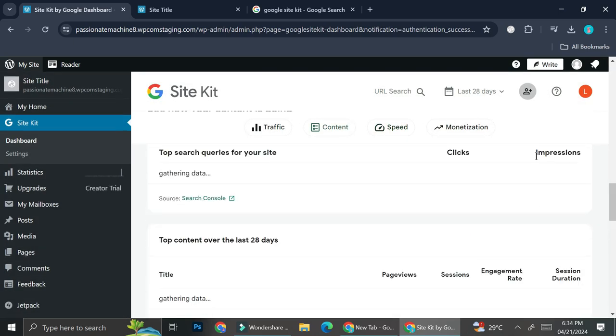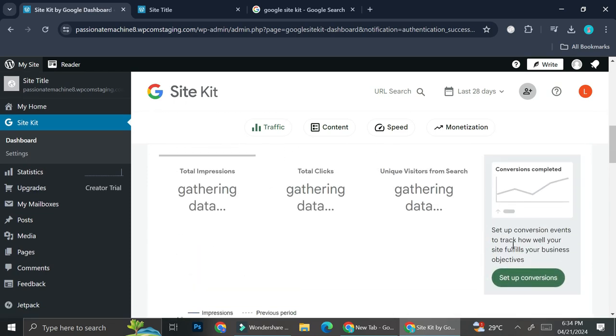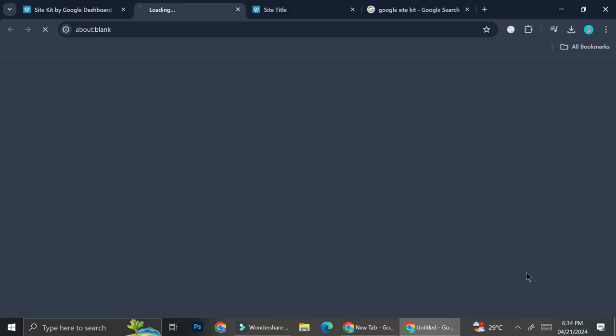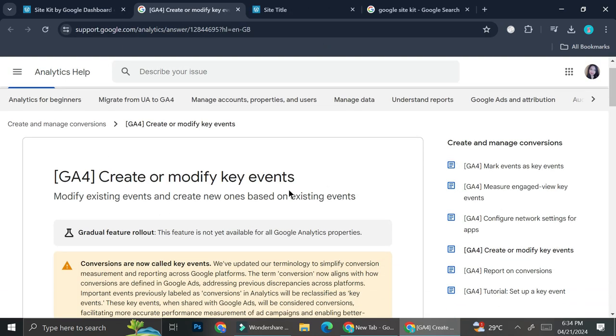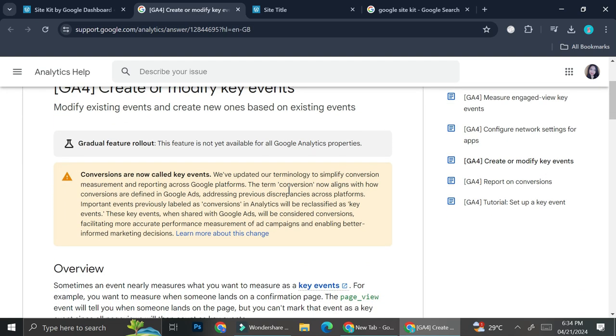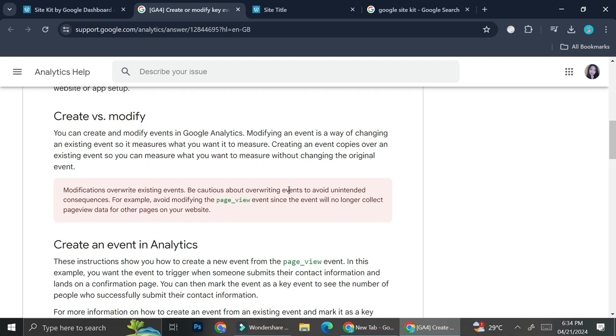Now let's take a look at the conversion tools right here. If you click on setup conversion, they're going to bring you to another web page that shows how you can set up your conversions through here. So you can actually